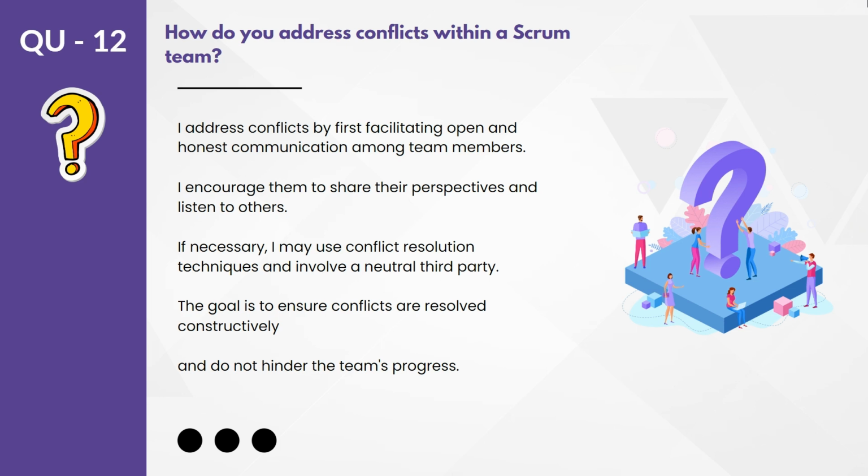And why are we working on resolving the conflict? The overall goal will be to resolve the conflict constructively. So in a positive way, we have to figure out the solution so that we can resolve that, and it should not hinder the team's progress. So this all should happen without impacting your team's velocity. Whatever the velocity is, that should be there, it should not be getting impacted. Okay. Additionally, you have to resolve the conflict, and for that you have to do the needful.